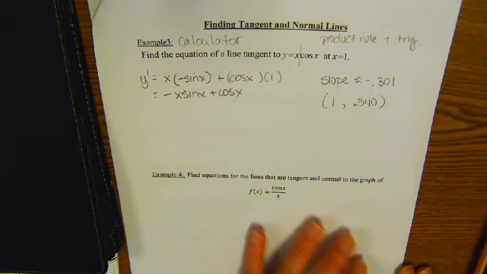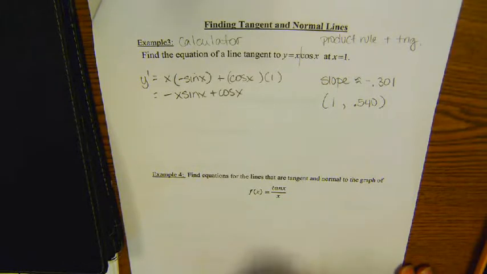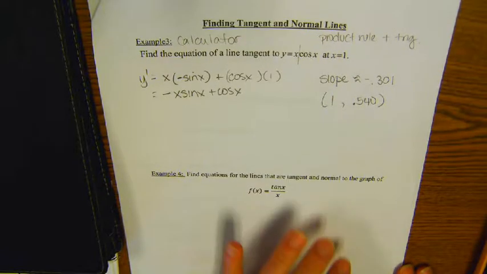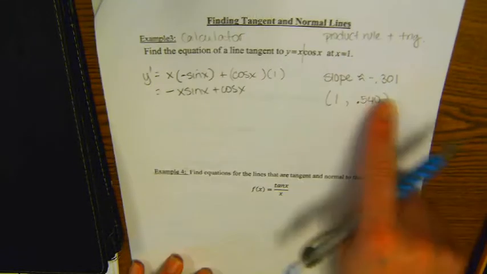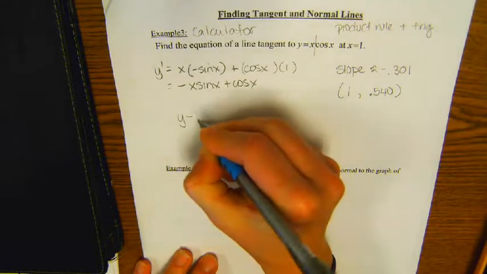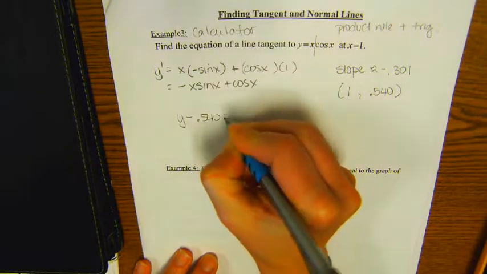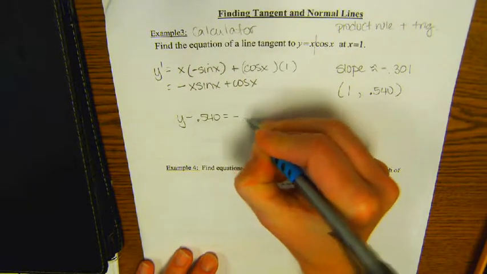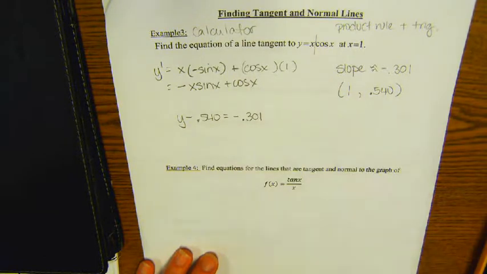Am I going too fast? Are you following this all right? So now, putting it all together, the equation for our tangent line is y minus 0.540 equals -0.301 parentheses x